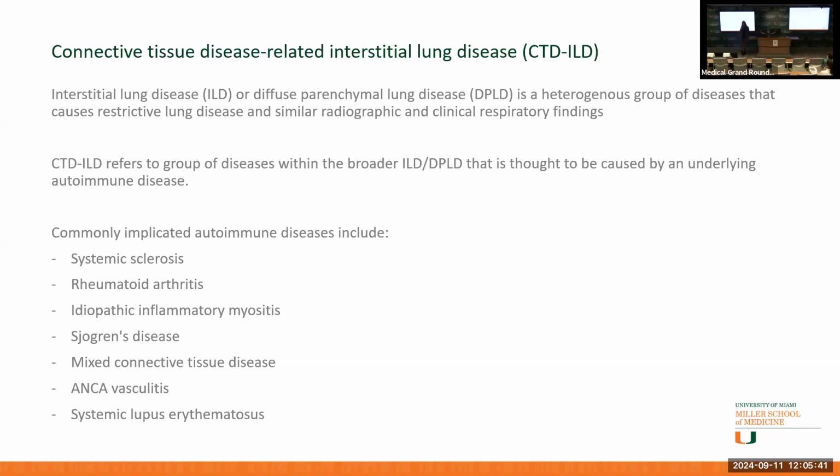Connective tissue disease ILD is a group of diseases within that broader ILD category that is due to dysfunction of the immune system. I named some of these here, from systemic sclerosis down to lupus, with vasculitis and lupus not being as common as the other ones, and there being a whole group here that I left off called interstitial pneumonia with autoimmune features, or IPAF, and that is when you don't quite have an autoimmune disease, but we still think that your lung disease is